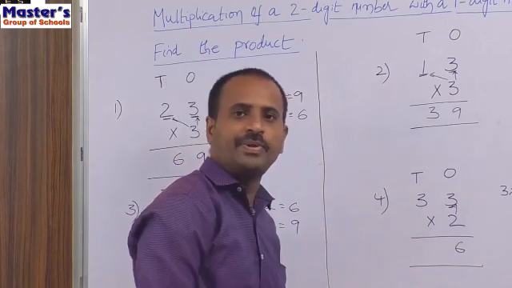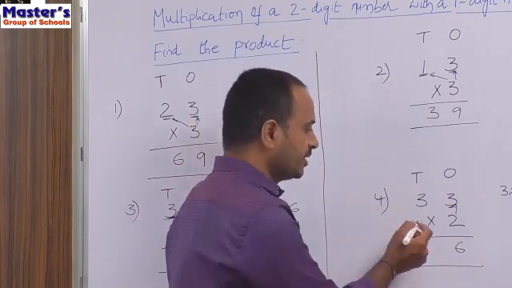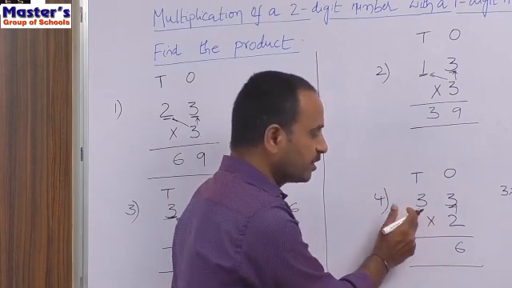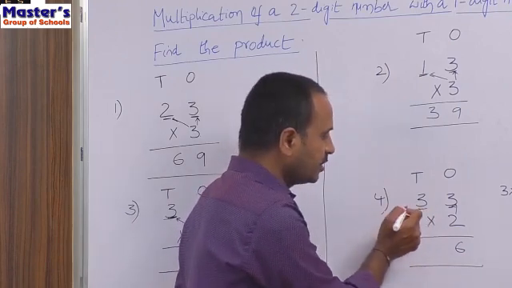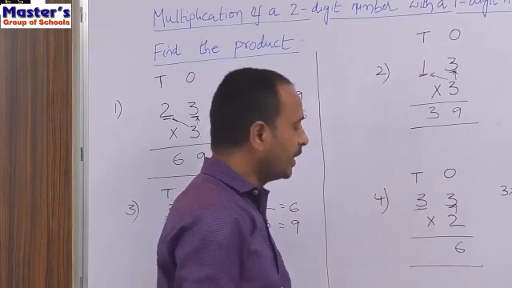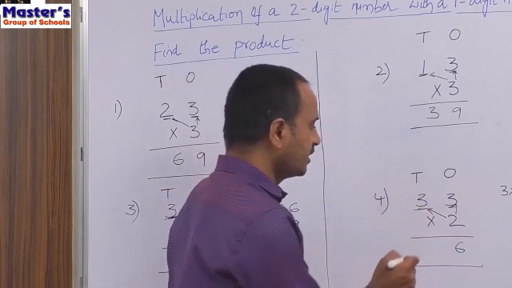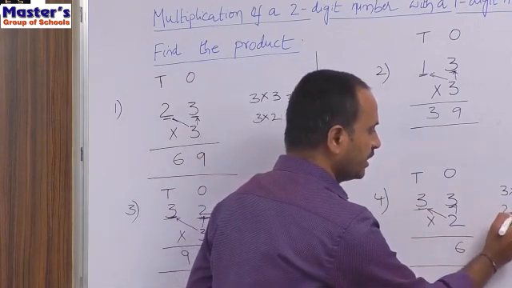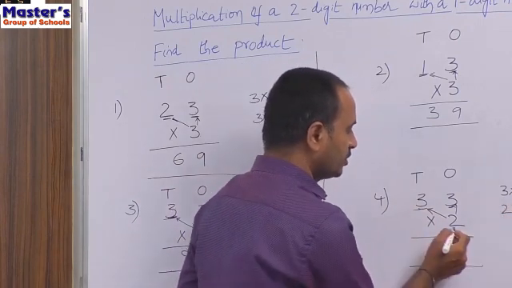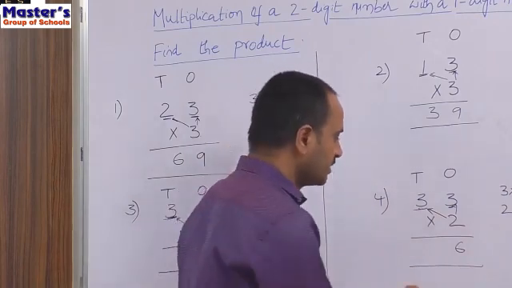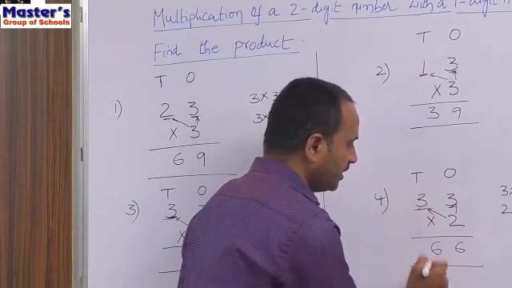So now go to tens place. Now multiply the digit present in the tens place with 2. Which digit is present in tens place? 3 is present in tens place. So multiply this 3 with 2. That is 2 into 3. Children, how much? 2 3s are again 6. So write 6 under tens place.